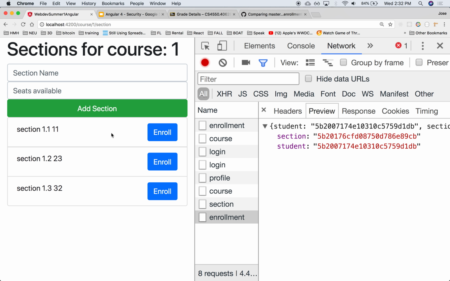So two updates would need to occur in the database, right? We would need to decrement the seats of a record that lives in a different collection, plus do the insert of this new enrollment in another collection, right? So two things need to happen, both asynchronous, right? And we should not come back to the server until we are completely sure that both of them have occurred,